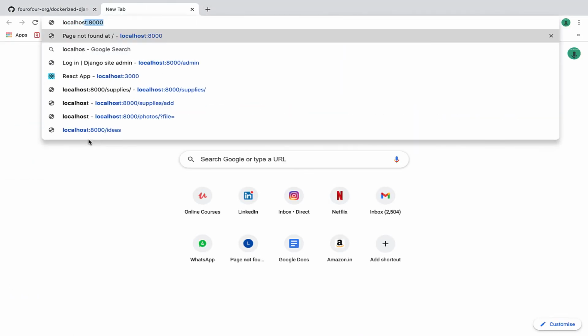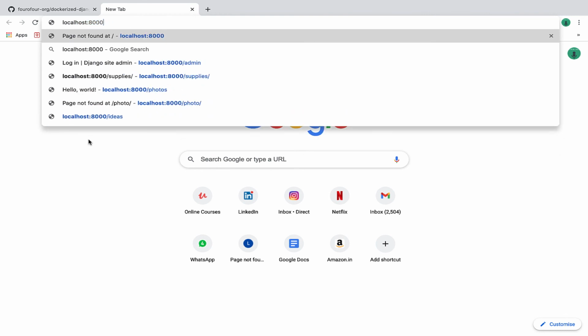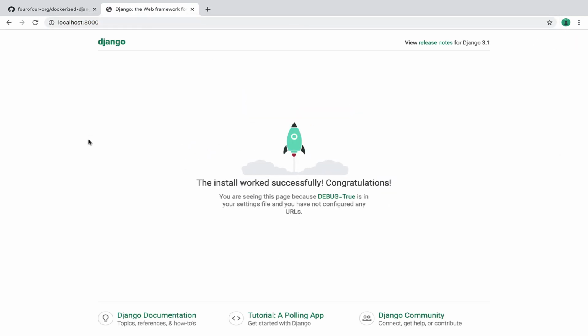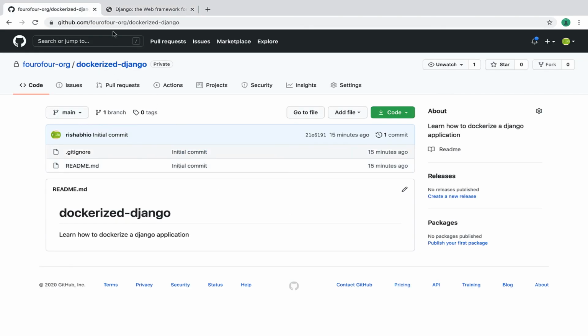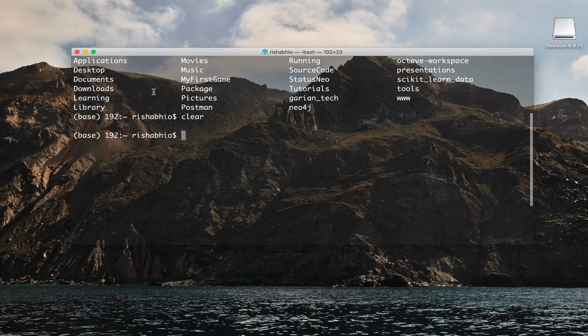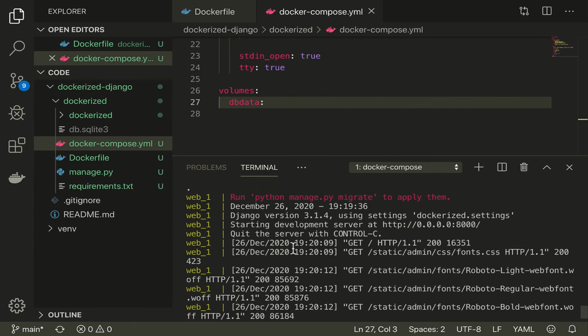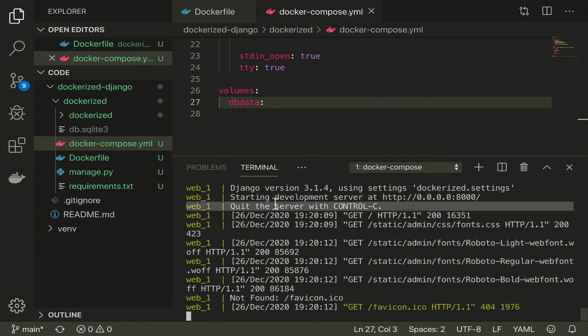Let's move to localhost:8000. Okay, great. As we can see, the application is running, and it is running inside of the Docker container. We are not running it on the local machine. It's basically running inside of this Docker.